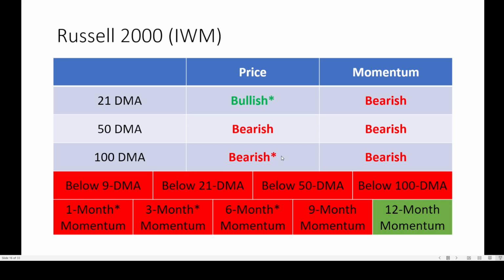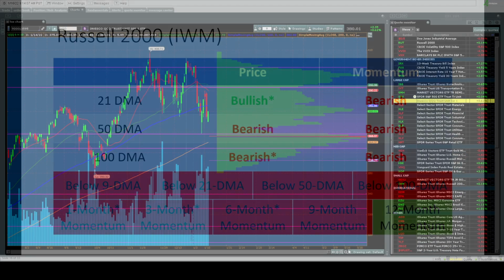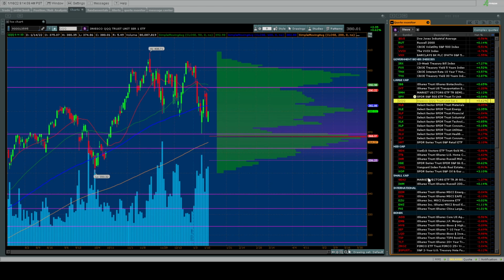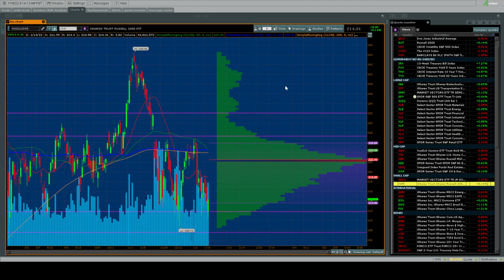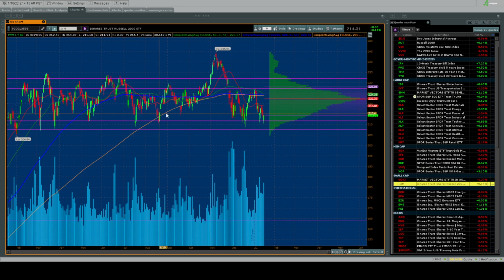100-day moving average price is turning negative. 21-day, though, turning back up. Let's take a look at the charts to find out what we can see. And boy, we're going to go back out to a 1-year chart, because this is a story. Everybody thought this was a long consolidation pattern that would lead higher.